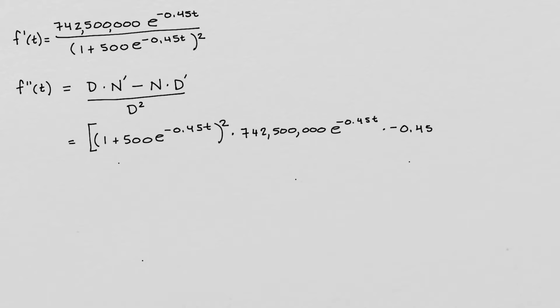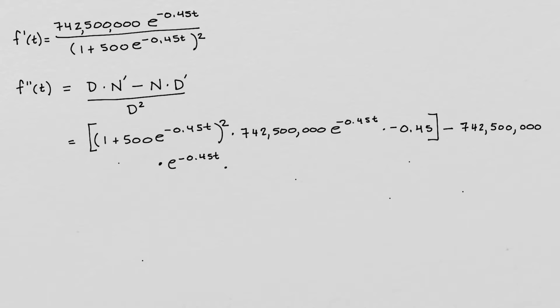And that is denominator times the derivative of the numerator. Then we're going to subtract the numerator, 742,500,000 times, kind of running out of room, so I got to continue down here, e to the negative 0.45t,